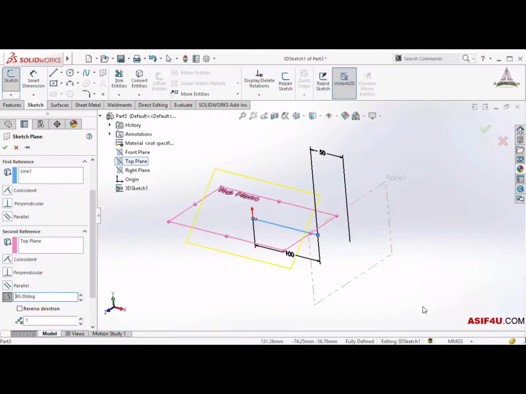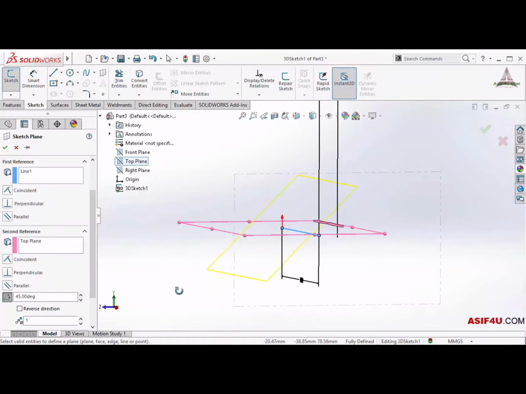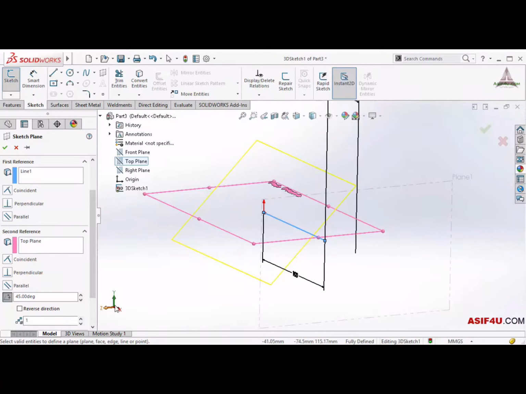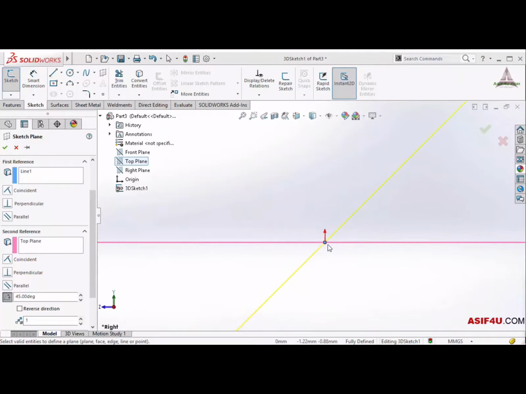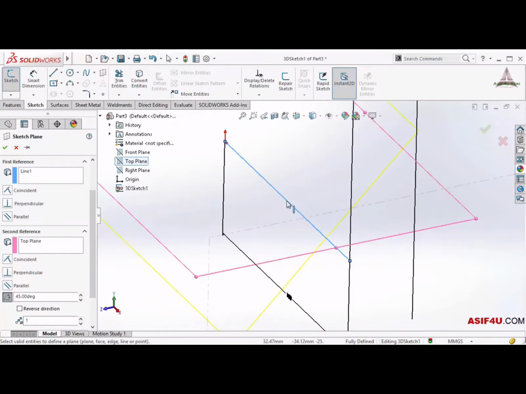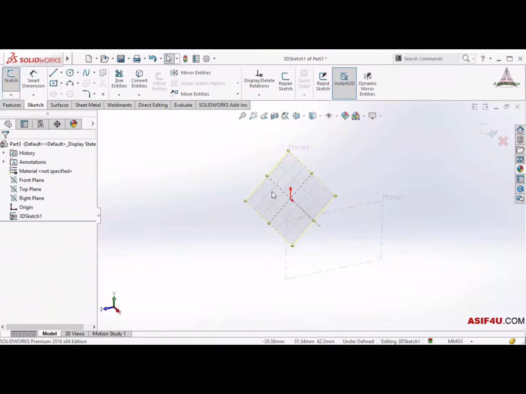If I see from right side, you will see this is what I want. This plane has to be 45 degree with this ZX plane, which is this plane you can see from here, and this plane has to go through this line, which is this result. So now I can press OK, and as soon as I create my plane, this is showing that plane is